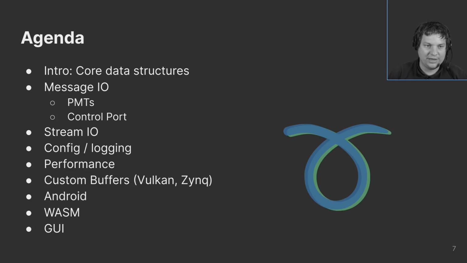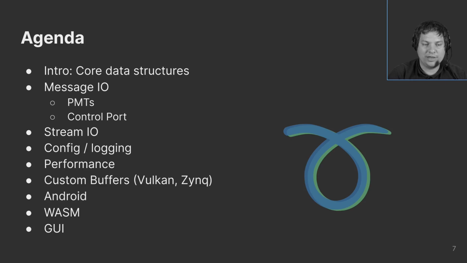So there's an agenda where we look at core data structures in the API. Then, like any SDR framework that I know of, FutureSDR also has these two core primitives: stream-based data processing and async message-based data processing. So we start with looking at message-based processing, and then the stream-based processing. Like from GNU Radio, you might know this work function. Something similar is also here.